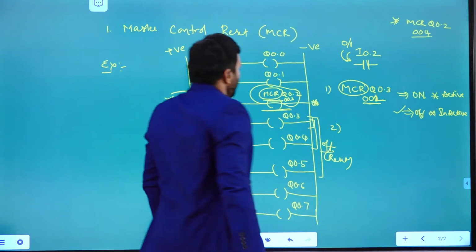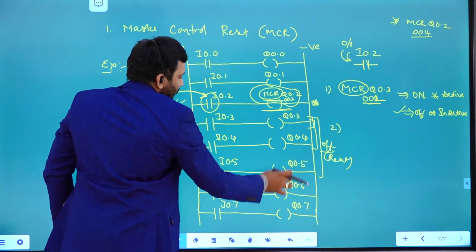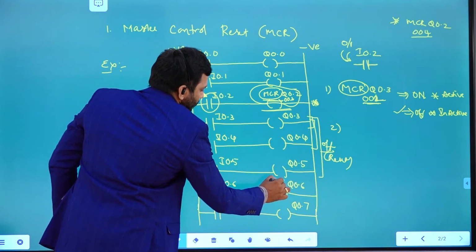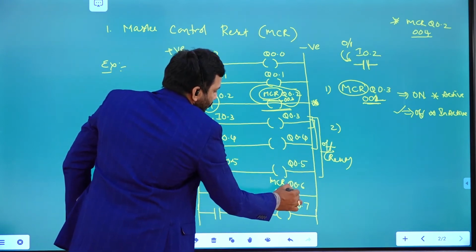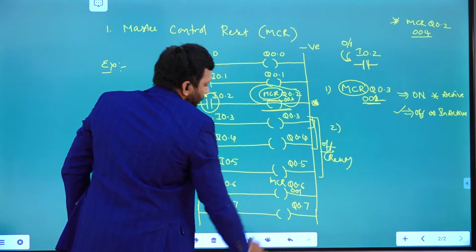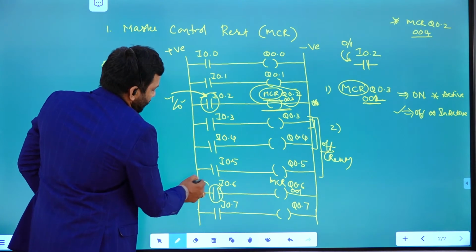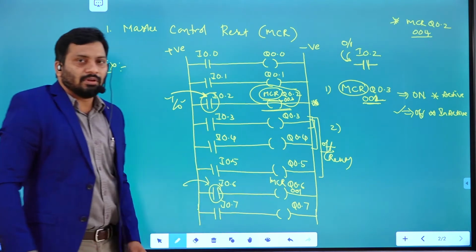For example, if you write this instruction somewhere here, MCR, 0.001 for example, this MCR comes into action based on this particular input.